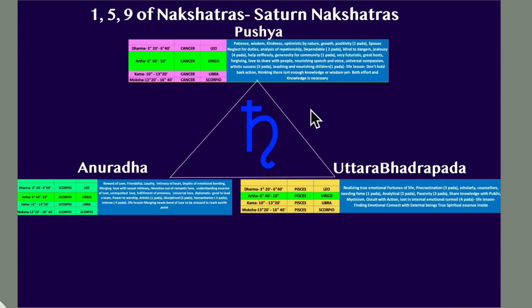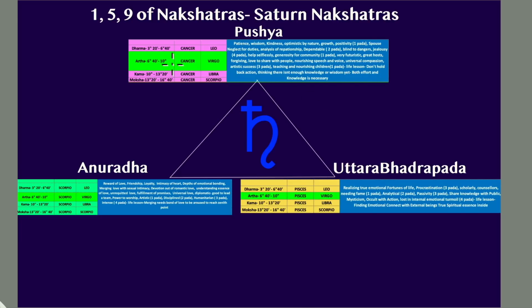So there's the white triangle of Saturn-ruled nakshatras. You can see we begin with Pushya in Cancer, first nakshatra in Cancer, second nakshatra in Scorpio, and third one in Pisces. All water signs, all moksha signs. And Saturn is sitting there, who's a dry person, devoid of emotions, more of a workaholic. And that workaholic portion shows up in the domination of these three nakshatras in the Arthapada, like you can see